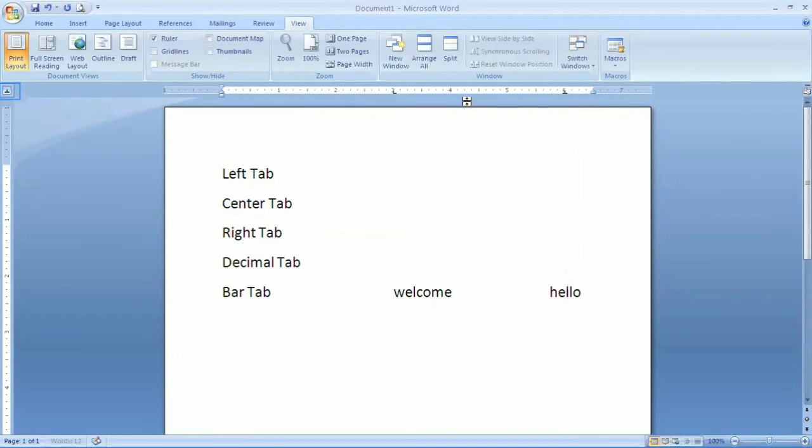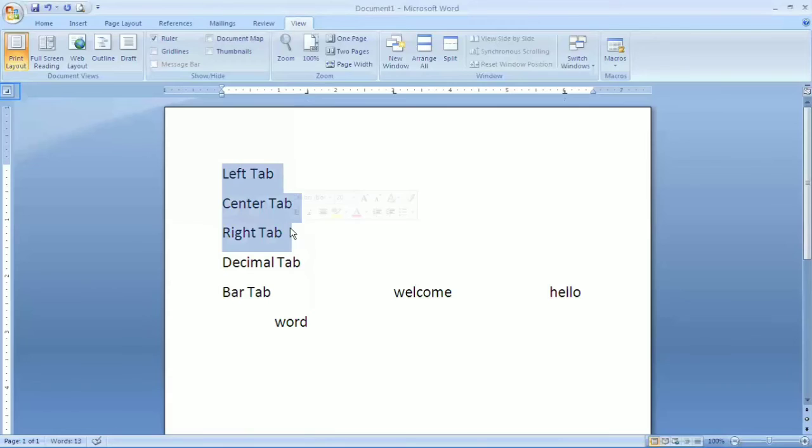And same like that, if I am providing the right tab, for example, I am providing here, just click on it. When I press the tab key and whatever I write, that will display at the left of the tab. You can see here, I have written word, and that is displaying at the left of this right tab stop.